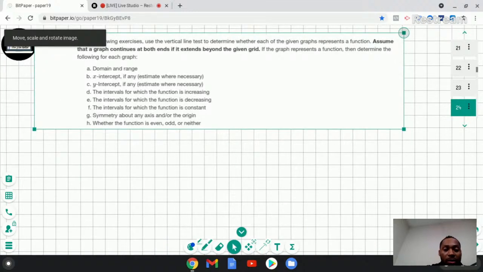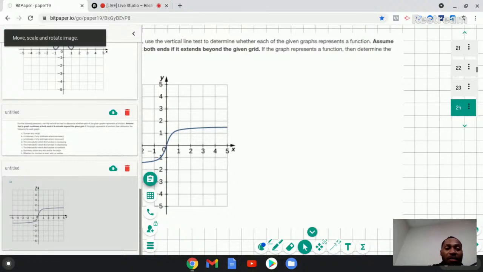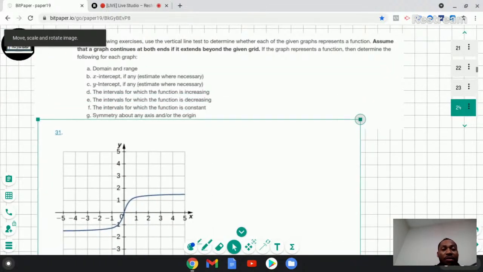So let's put not this. Actually, I wanted the graph. So let's put the graph back in. Let's put the graph back in there. How do we find the